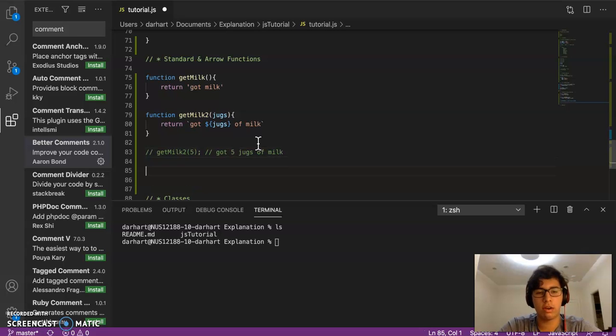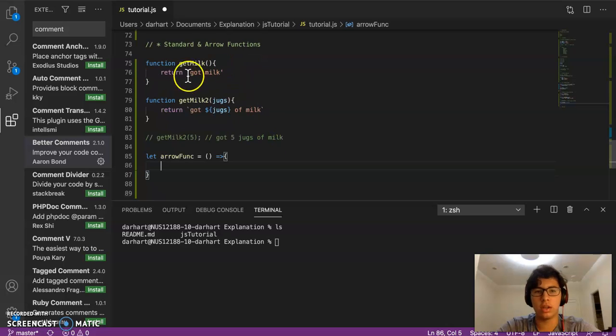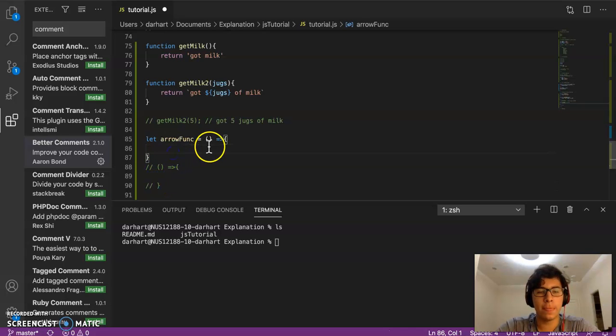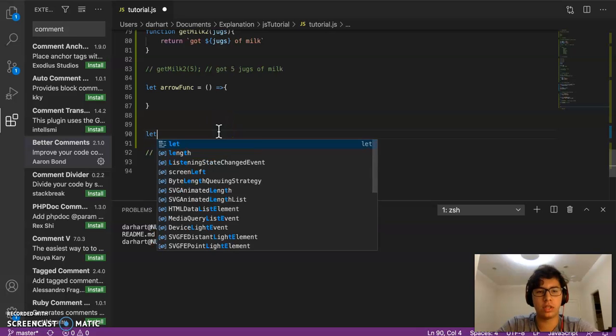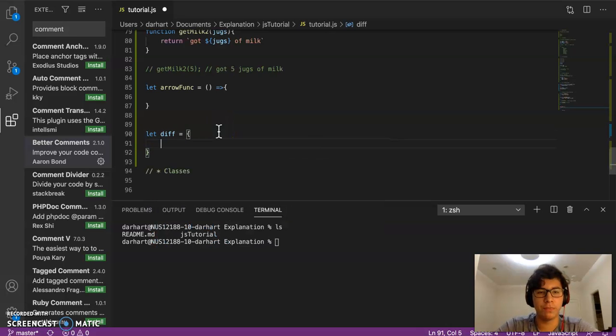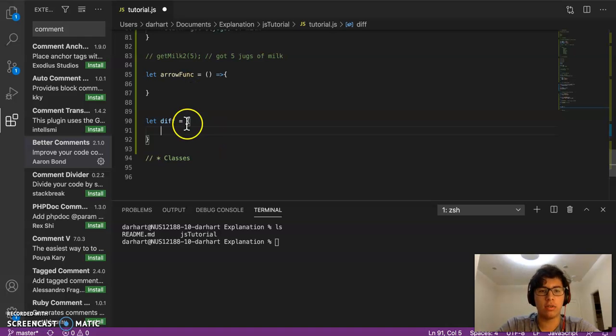Great. So now arrow functions are a little bit different. So syntax for an arrow function is a little different than most other functions because the standard functions were created before the arrow functions in JavaScript history. So they just look like this. You can also define them like this. So essentially the main differences are the use of the keyword this and some other minor stuff. So essentially if I had like an object, let difference. So if I had an object and I had an arrow function within it,